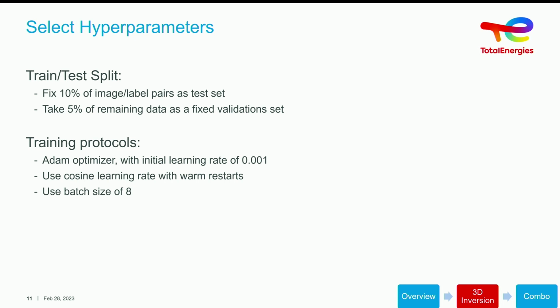And then before we get into training and results, let's talk about how we split our data set and select our hyperparameters. So for a test set, we're going to take 10% of the image label pairs. Those are going to be fixed as an independent test set from here on out. And then from the remaining data set, we'll take 5% as a validation set to run during training. And what that leaves us with is a set of 420-ish image label pairs that we can actually use as